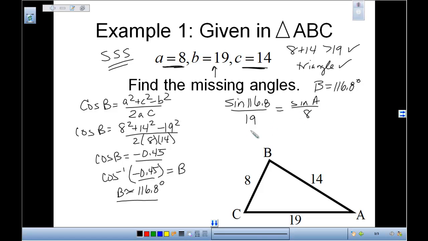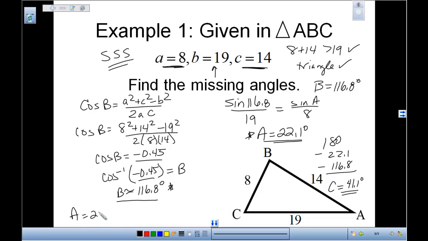So cross multiply and solve, we find out that angle A is going to be approximately 22.1 degrees. And now that we've got angle A and angle B, finding angle C is simply taking 180 and subtracting the two angles that we have. And that will tell us that our third angle, angle C, is going to be approximately 41.1 degrees. So angle A was 22.1 degrees, angle B, 116.8 degrees, and angle C,